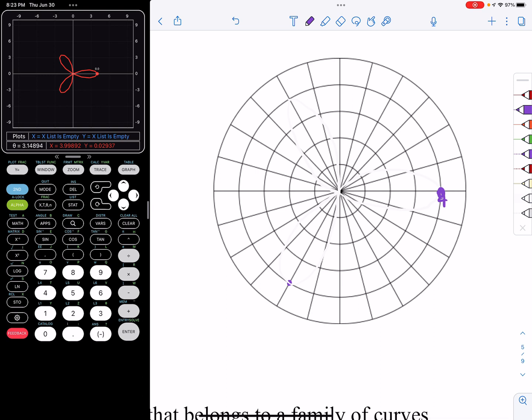And basically what happens is when you have a rose, the leaves are all going to go out the same distance. So all of my leaves are going to stretch out to ring 4. So all 3 of them. Now, the other thing that you can realize is to think about the fact that these 3 leaves,